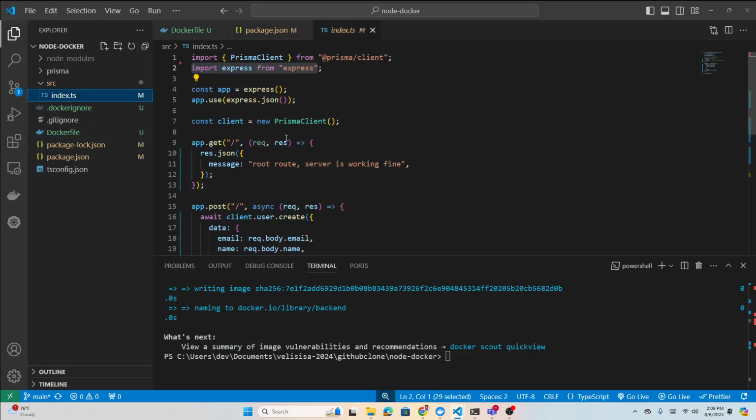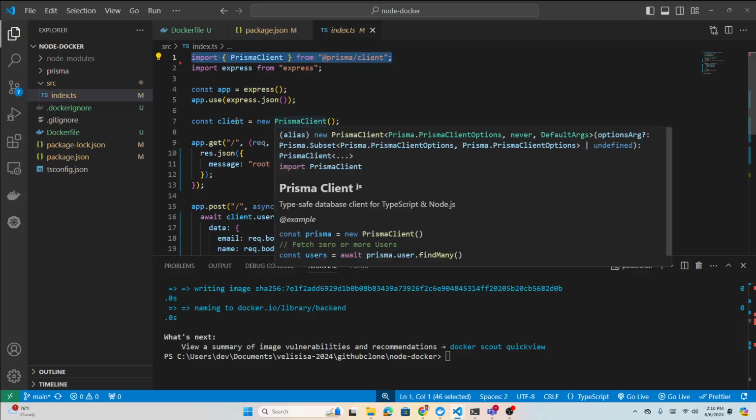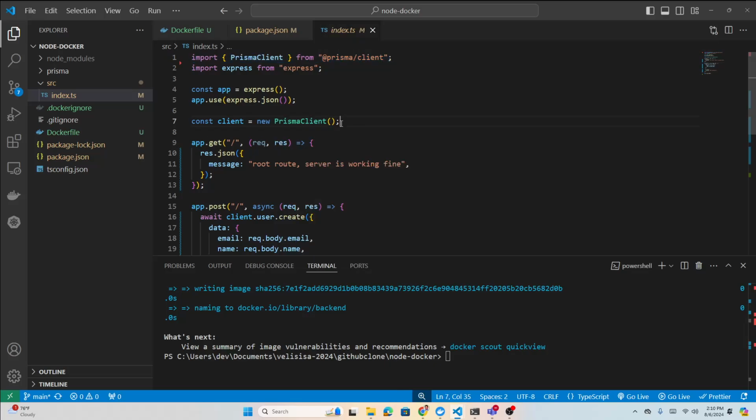In the TypeScript, you import the Express. You have app here. You can call app.use(express.json()), right? Then from the Prisma client, we can create our own Prisma client file. When you do npx prisma generate, it will create the client, which you have access to. You can import that Prisma client in this format, then execute that function to get a client, so that using this client, you can access